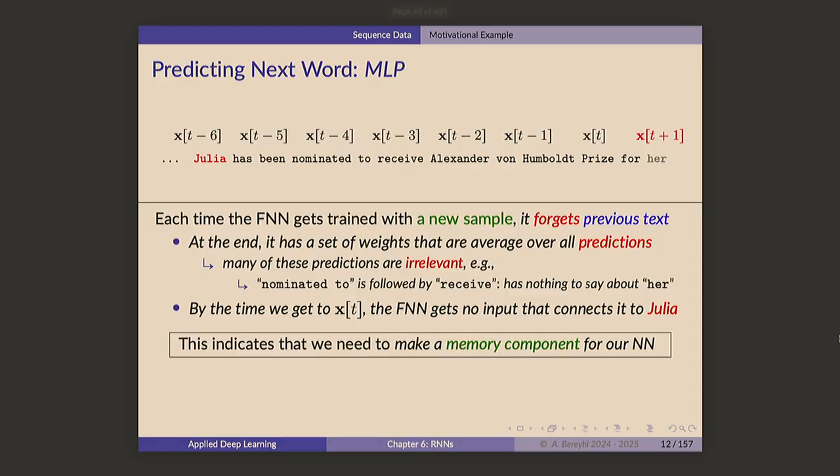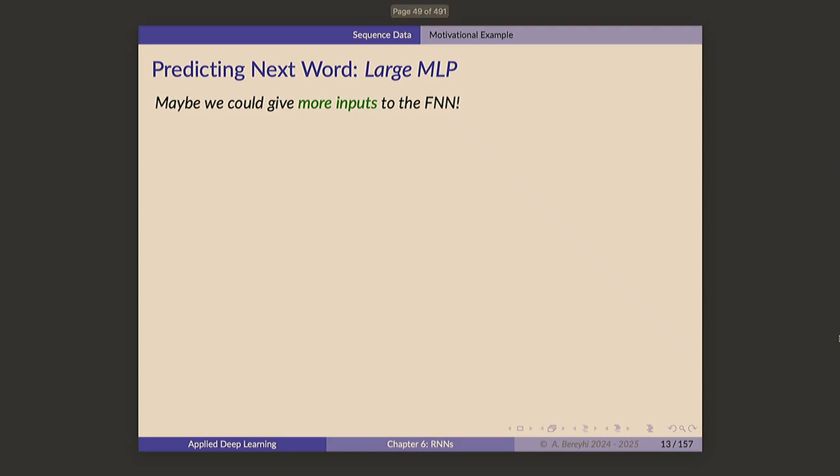So this is the key point, and this is what I told you. We are missing some sort of memory component, right? We do not have a memory component. The neural network cannot remember what the whole text was about. It was about a third-party female who won a prize, right? It cannot remember that, right? Okay, so now